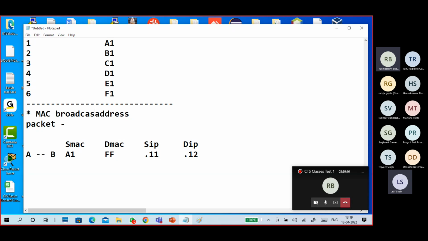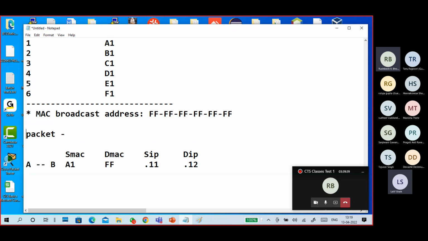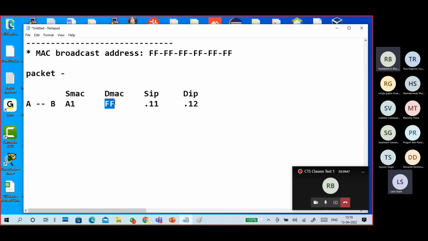It means if you don't know the destination MAC address, then we use the broadcast address, FF, FF, FF. If you don't know the destination address but you are sending, we use the broadcast address. So this is the MAC broadcast address.